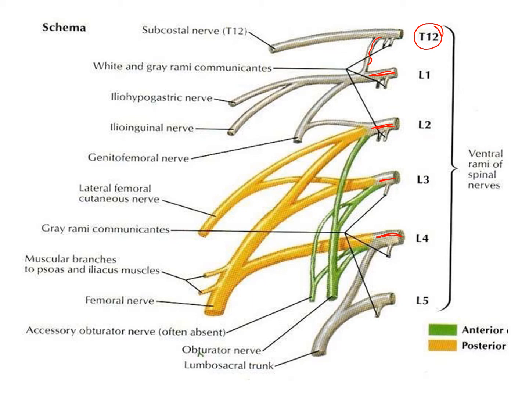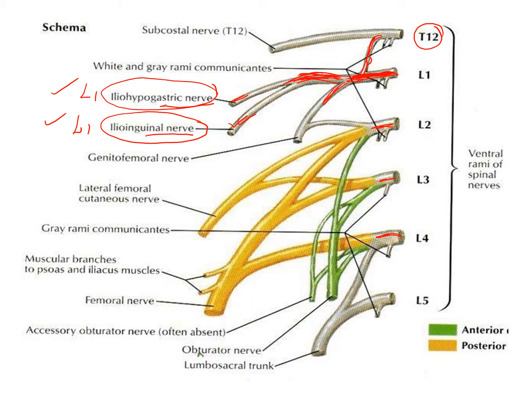Now if you appreciate here, the ventral ramus of L1 receives a twig from T12 and it divides into a large upper branch and a small lower branch. From the large upper branch, there are two branches, namely the iliohypogastric nerve and the ilioinguinal nerve. So, from L1, we have two branches, that is the iliohypogastric nerve and the ilioinguinal nerve. So, their root value will be L1.